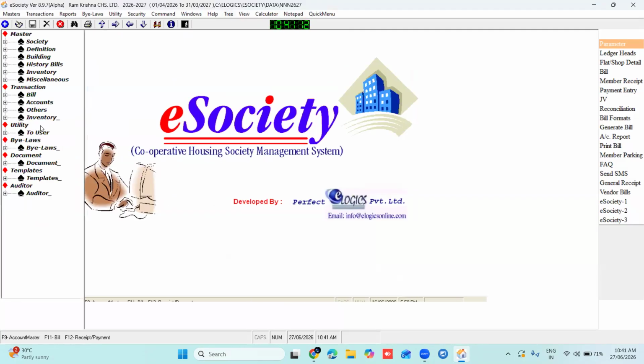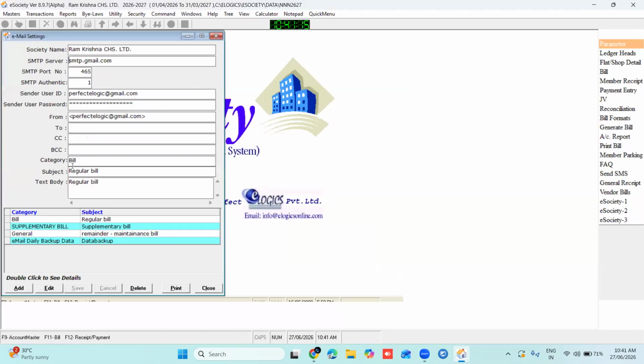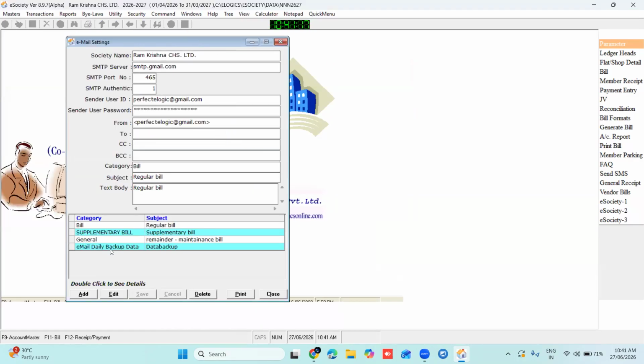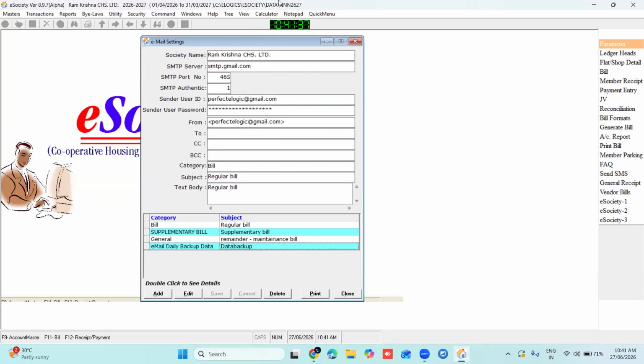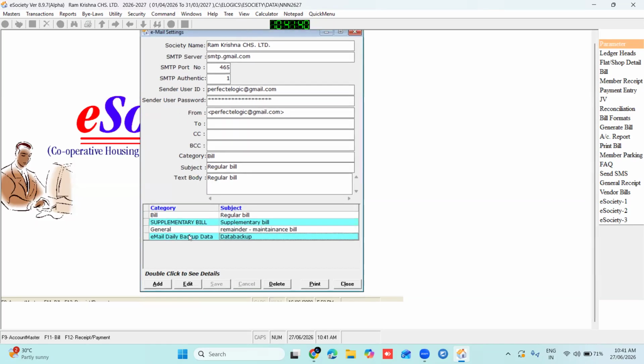As we are setting this email setting for the first time, as we have seen in tree to user email setting, I have set this email ID here in email daily backup. Once I set this, any year of that particular society, like this society Ramakrishna CHS, I have set the email setting in 26-27. So by default, in all the previous years of this society, the automatic email daily backup data setting will get generated. We don't need to go to the back year and again create the same email setting for all the preceding years.